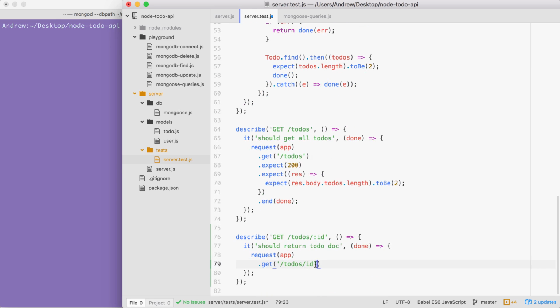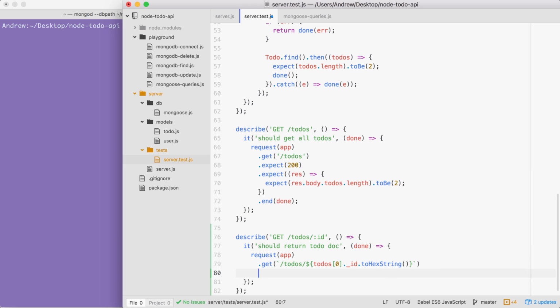Down below, we can fix this by changing our string to a template string so we can inject the ID. /todos/ and then we're going to add our syntax for injecting a value into the template string. In this case, we're accessing something from the to-dos array. We want to grab the first item. This is the first to-do, and we're looking for its _id property. Now, this is an object ID. We need to convert this into a string because that is what we're going to pass in as the URL. To convert an object ID to a string, we can use the toHexString method. There we go. Now we've generated the proper ID